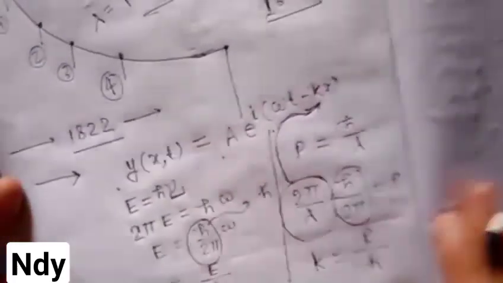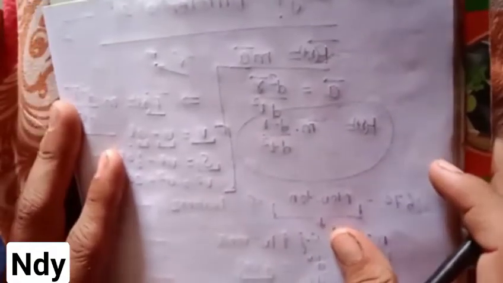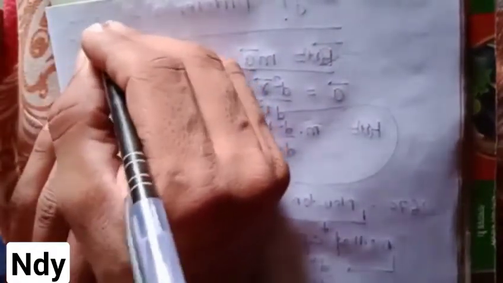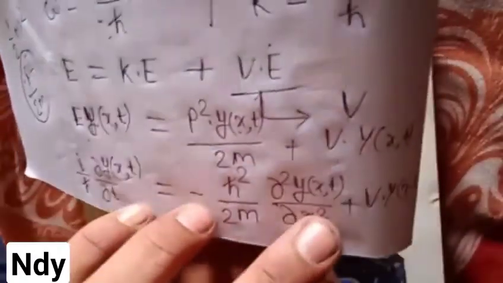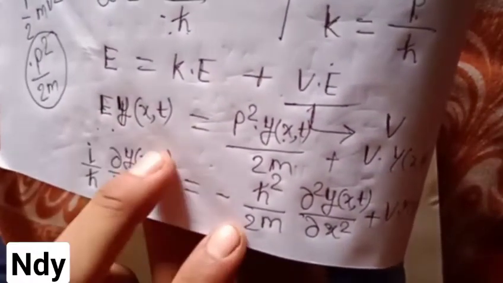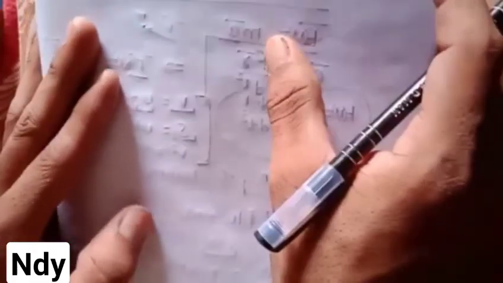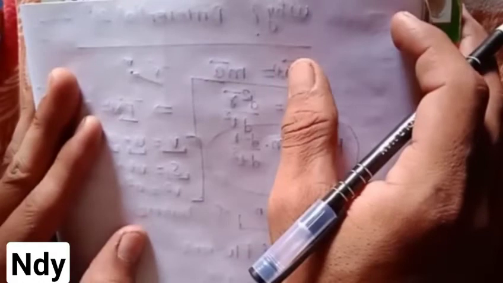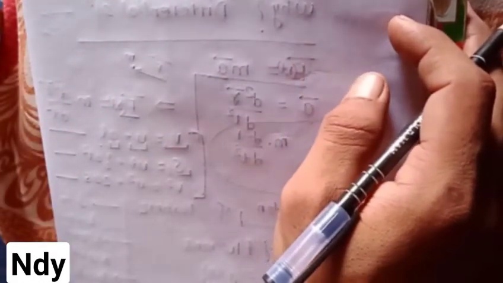In quantum mechanics, they take the wave function not as Y but psi. So on manipulating, we can write minus h cross square by 2m del 2 psi by del x2 plus V psi is equal to i h cross del psi by del t. This equation is known as the time dependent Schrodinger equation,